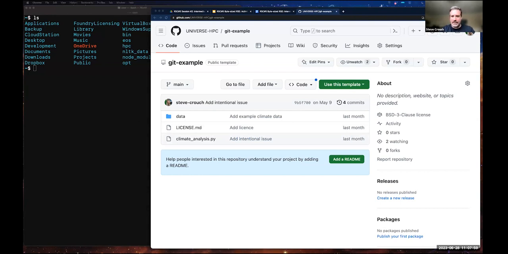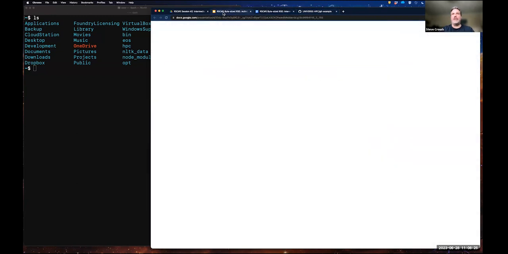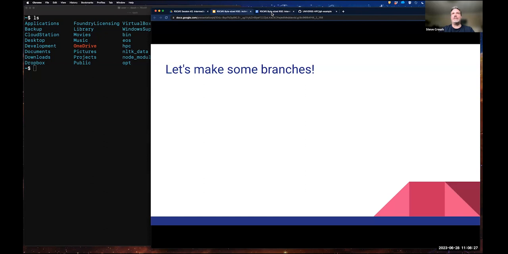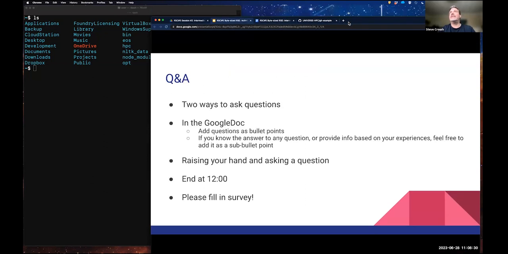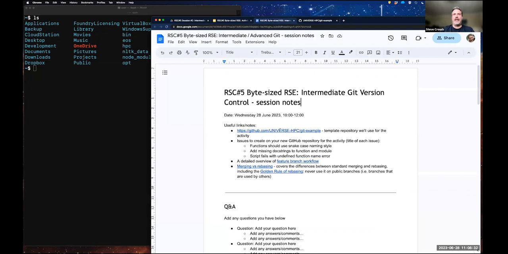Let's continue. So here's a session Google Doc I'm going to add into the chat. I always have to bring up all the chat participant windows again. This is going to contain some links that we'll be referring to as we go through the activity. And we're going to start with the link at the top of that document, which you will see is a link to a GitHub repository. If you click on that link here, the one at the top there, you should be taken to